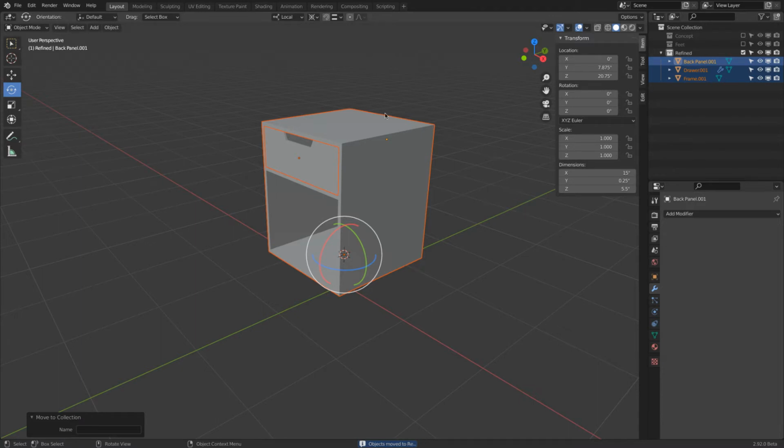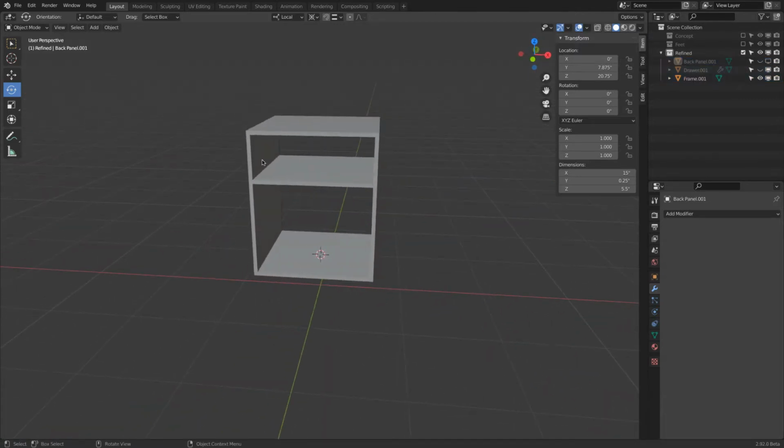Very good. So the back panel, that is good because it doesn't really change much. The drawer we hide for the moment, and we will work with the frame now. So in this exercise now, we will take some of the geometry, move it out into its own object, and add thicknesses to it, and then we will create the joinery. And a lot of that stuff is done via the modifiers. So to get started,